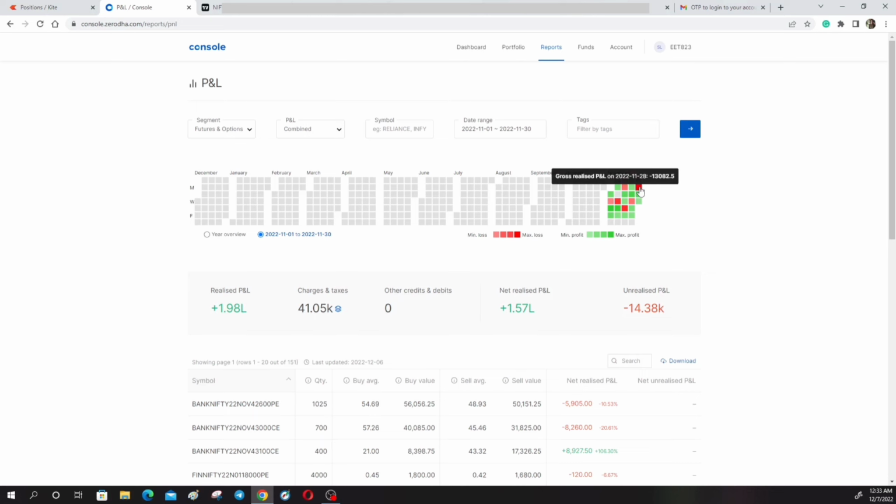So I would say this was my mistake. If you're not ready, if you're not prepared for any particular day, better to call it a day, or wait for the market to move in your direction, or try to analyze something. If you have some picture, then only try to trade. Otherwise it can be a day off for you.